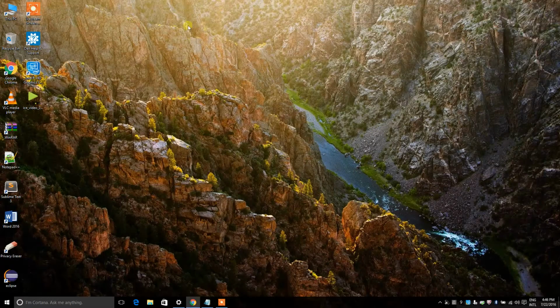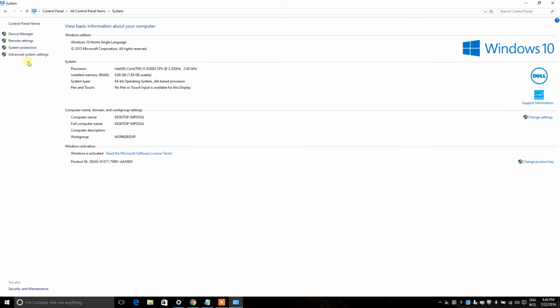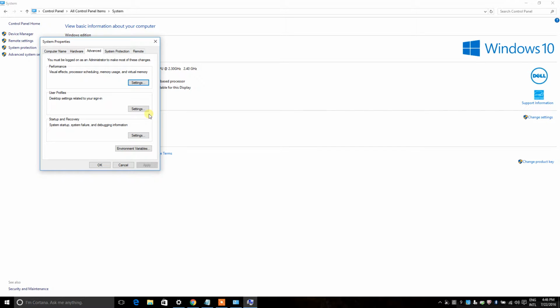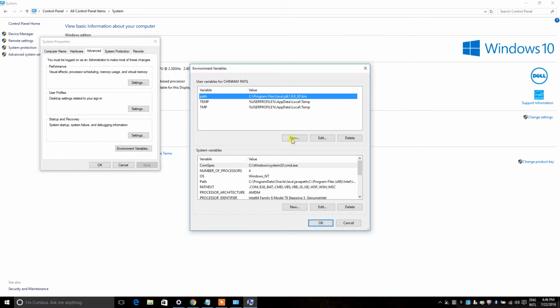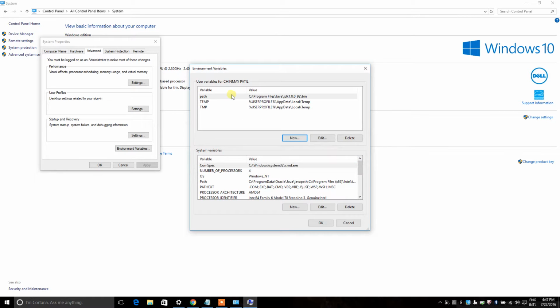So I will now go to my system properties, advanced settings, environment variables, and click here new, type the name path. I have already created it, so I don't need to do that, and enter your file location there and hit OK. As I previously installed, I won't need to do that.